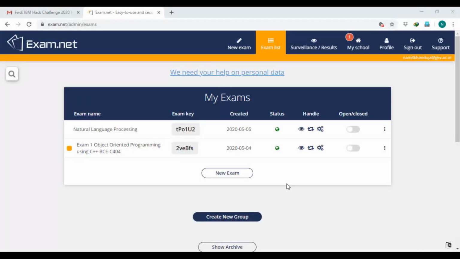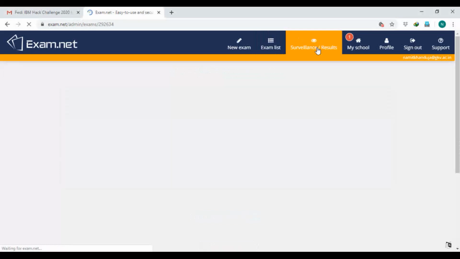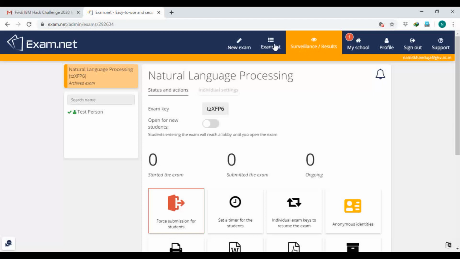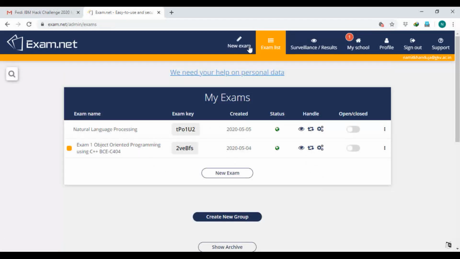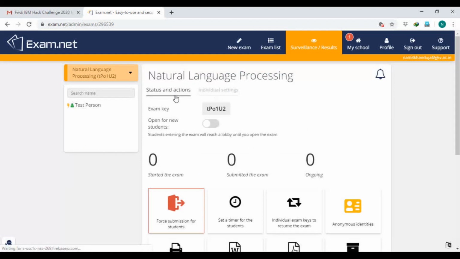So let us see what surveillance mode is. Surveillance can be done for an exam over here. If you are having multiple exams simultaneously, you can go for surveillance over here. This is the surveillance tab, or you can go from here, right? See,